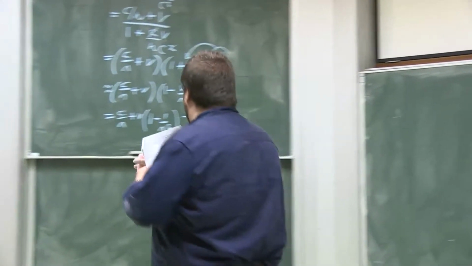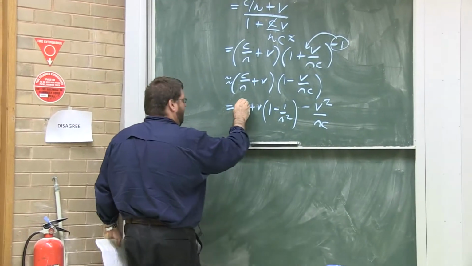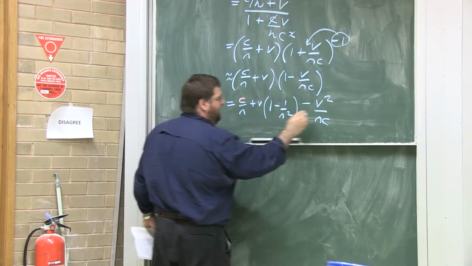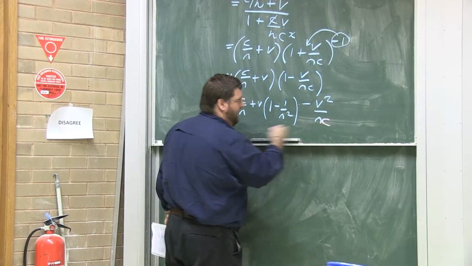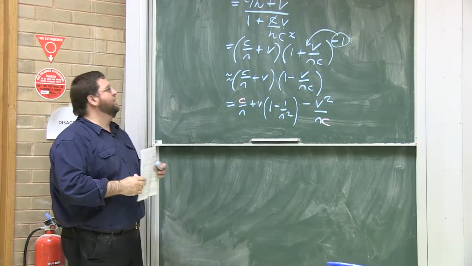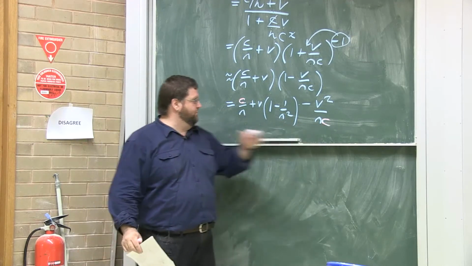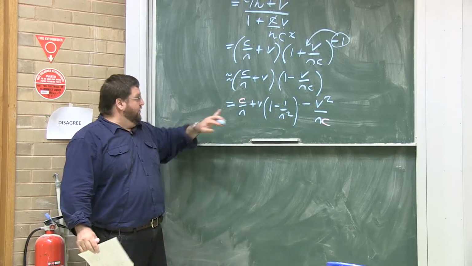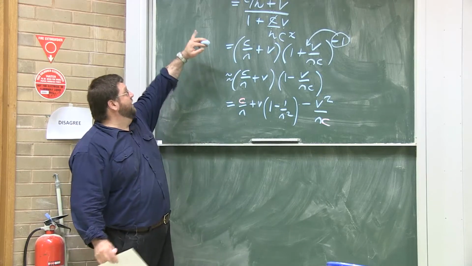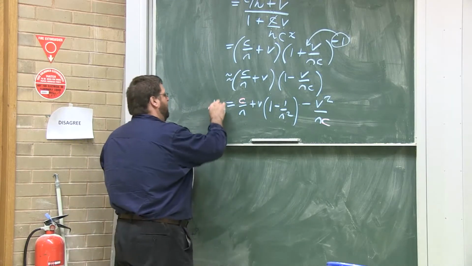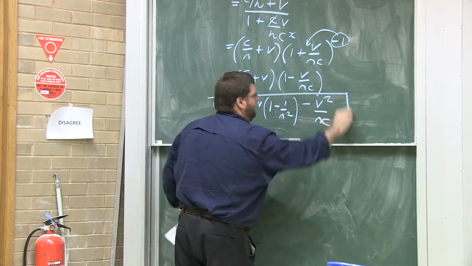I've got my eyes on the c's because c is a big number. Again, n is on the order of 1. V is much less than c, but c is huge. So I see a term which says that the speed u1 of the light beam in the flying fish tank is